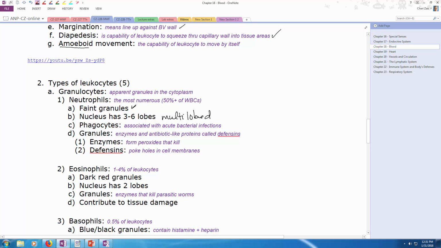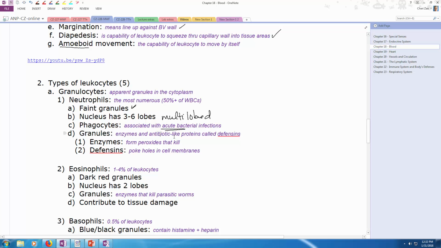And it's a funky looking nucleus, and we'll take a look at that in a moment when we look at the pictures that I have of all 5 of these guys. So it is the one that is definitely multi-lobed. It is a phagocyte that is associated with our acute bacterial infections because it is the most numerous of our WBCs, so it's the one that obviously is going to be there in highest numbers whenever we have any bacterial